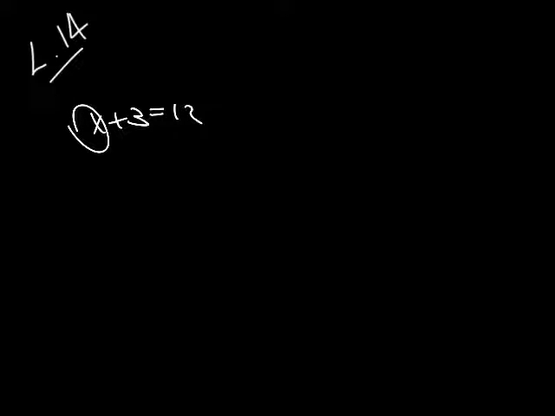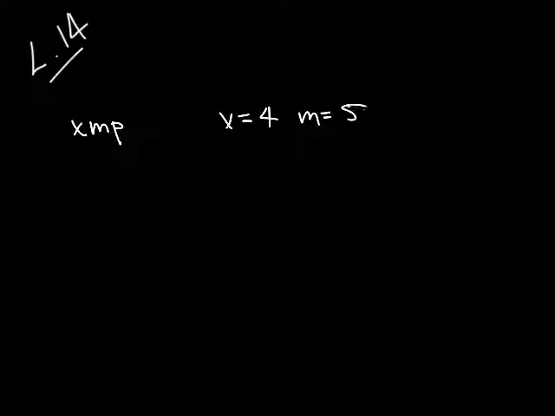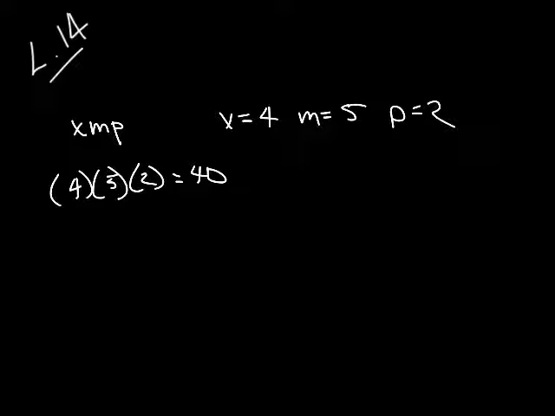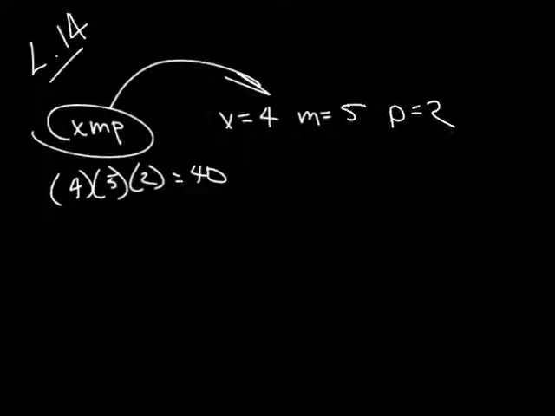But with an algebraic expression, what we're trying to do here is just simplify or evaluate, in this case, because we have an x, an m, and a p. And they're saying, okay, if x equals 4, and m equals 5, and p equals 2, what do we get? We have 4 times 5 times 2, which is 40. That's all we're doing. We're evaluating it. Given these numbers to replace the variables with, we're finding out what that xmp is going to be. All right, so